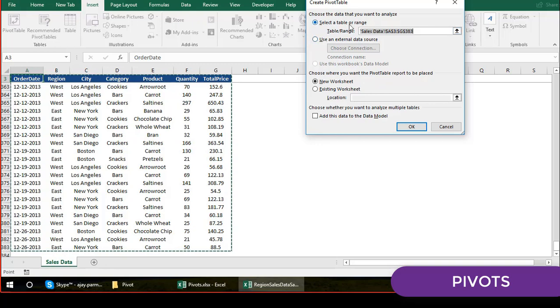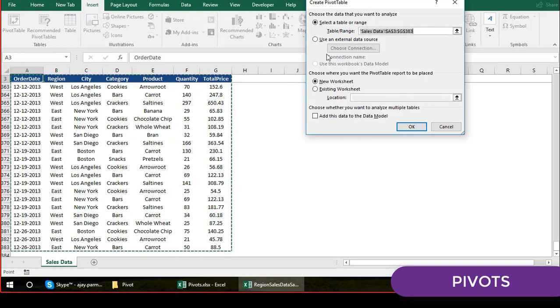We will just keep this to the table in range, that is, where your table range is. So you see that it automatically selected the entire data, guys. The reason is that when I clicked on Insert, the cell which I had selected was somewhere within this table. That's how it is able to capture it. The same way it happens in charts. If you have a selection on any of the data points, when you create the chart it automatically picks the data.